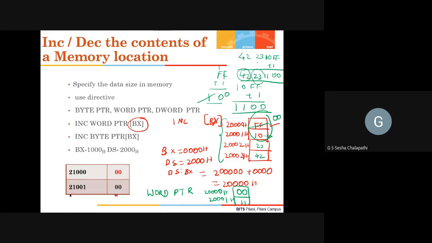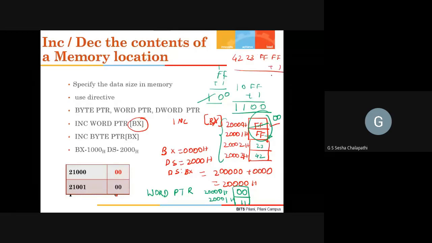For example, let us modify the example a little. Instead of 1, 0, let us say you had FF again. In that case, for a double word pointer, it will become 4, 2, 3, FF, FF plus 1.